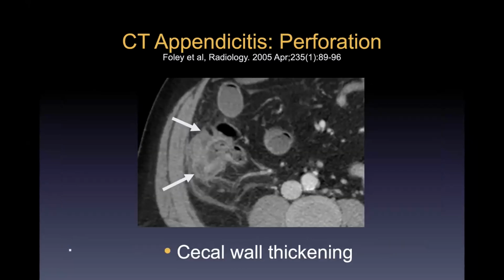And sort of the last in this category, cecal wall thickening. So you have an appendicitis and you actually see thickening of the adjacent cecal wall. It's a sign of severe inflammation. You want to consider whether this patient is perforated. They should probably take the patient to the OR quickly, not sort of wait 12 hours and do it in the morning.